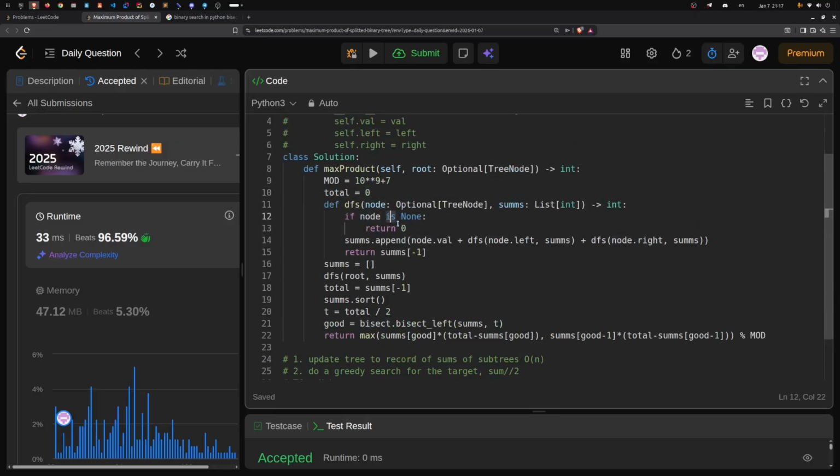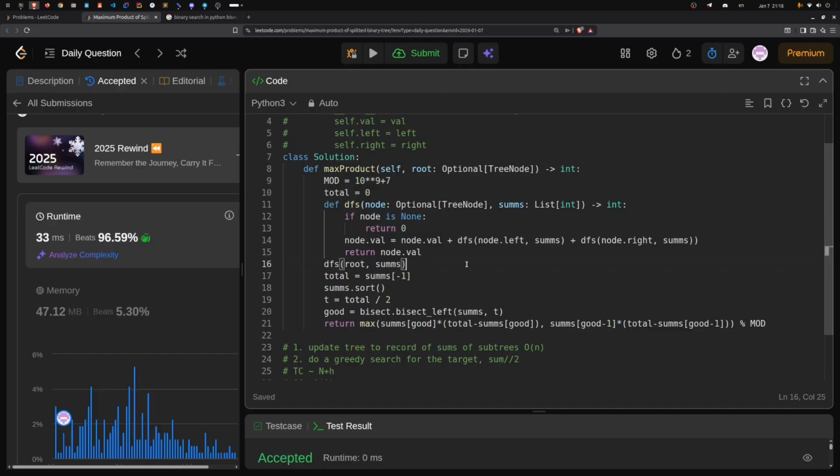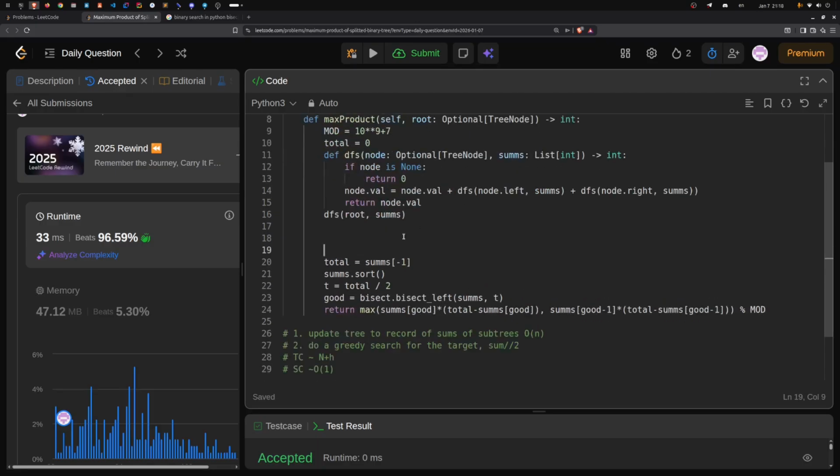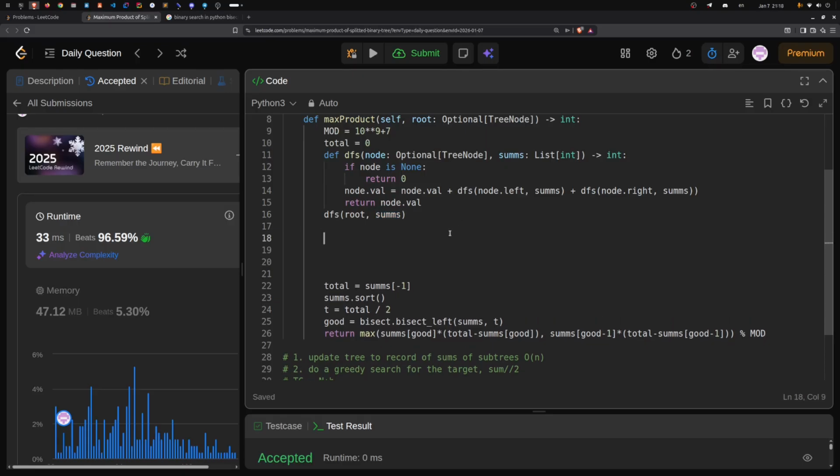So I'll do the update here. I'll have node dot val is equal to node val plus this DFS, and then I'll return node val. And then I'll call the DFS for this one, and then I'll have the greedy algorithm, how it can be calculated. So I'll have this left node is equal